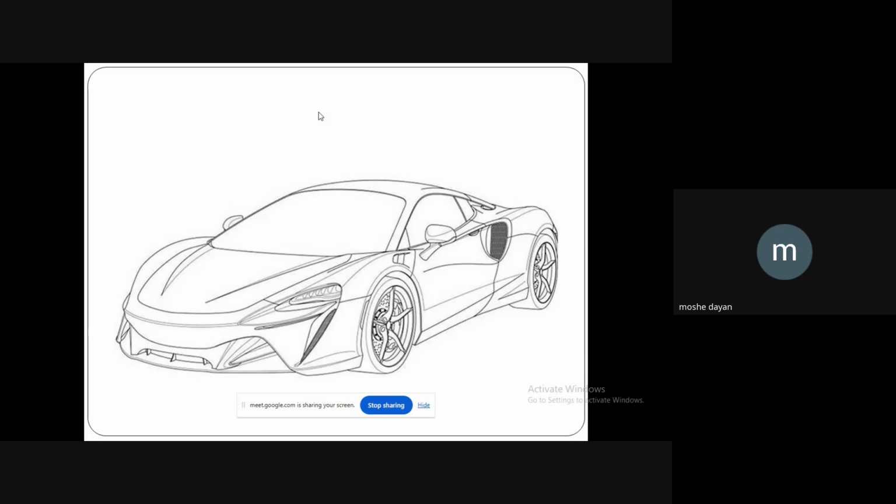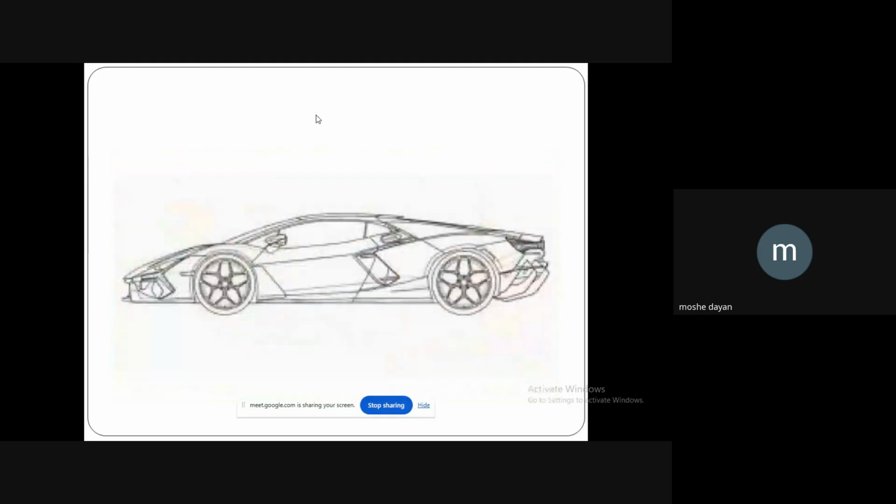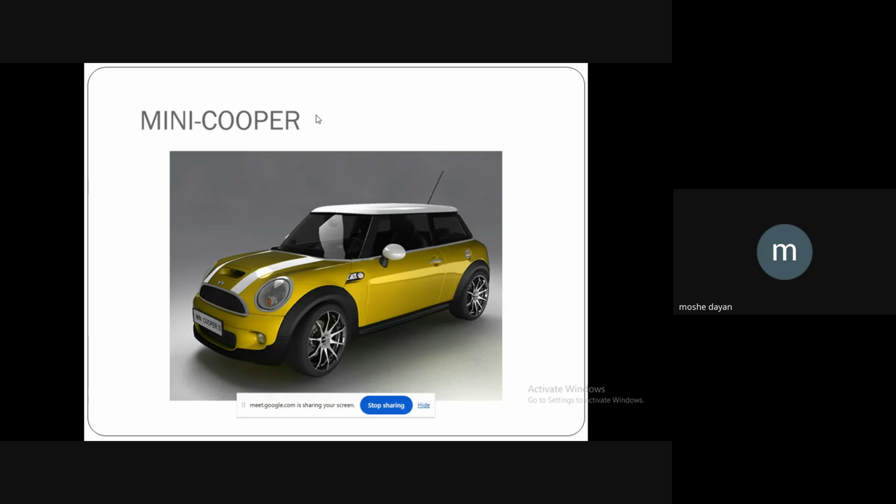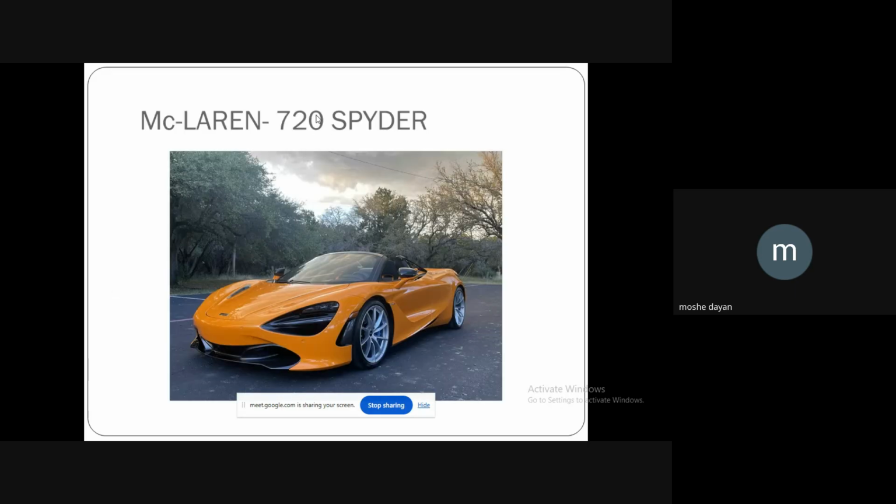See, this particular slide, whenever I go for presentations, I will play this. The students will answer immediately. I will ask, which car is this? They will say, this is McLaren. And I will ask, which car is this? They will say immediately Lamborghini. And which car is this? This is Mr. Bean's car, Cooper, Mini Cooper. And which car is this? Again, they will say it is McLaren.